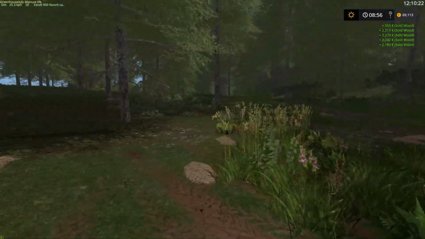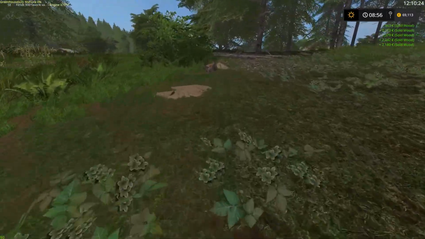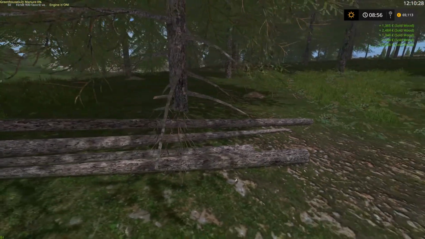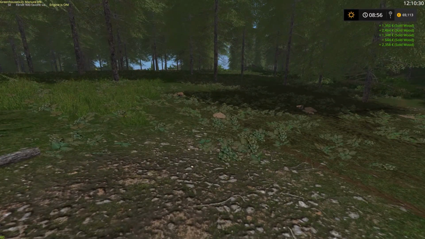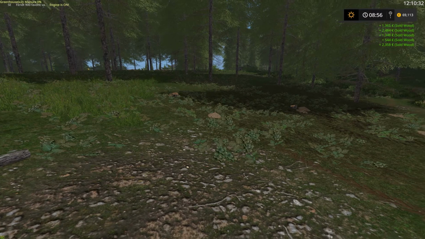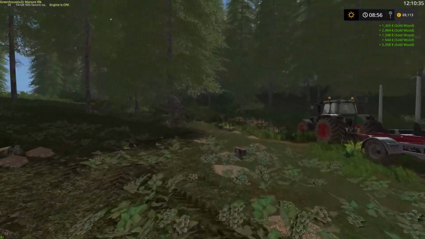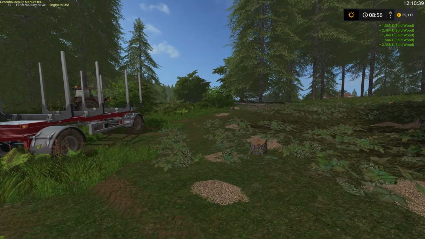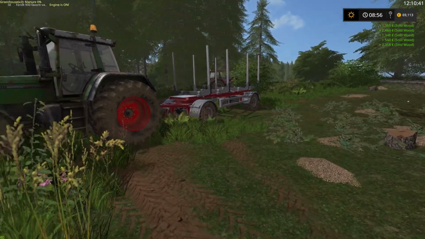We've still got the wood chips to collect up, and there's a few scraggly bits from the ends as well, which we could put through a wood chipper at some point. So what I'm going to do is carry on, cut down a few more trees, probably fill the trailer up again, and then we'll look at putting some of these wood chips into a trailer and see how much we get